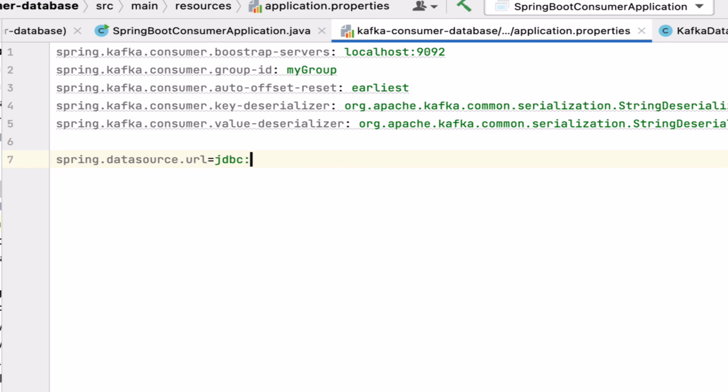So jdbc:mysql and then localhost. Well, we are connecting our Spring Boot application with a local MySQL database, hence localhost, followed by the port of the MySQL server, that is 3306, followed by the database name, that is wikimedia, and then let's configure the database username and